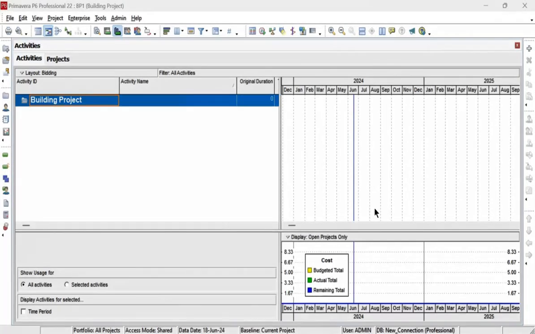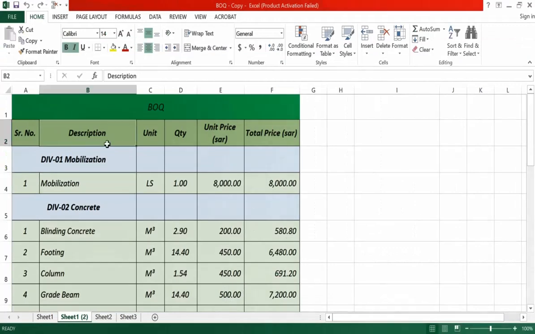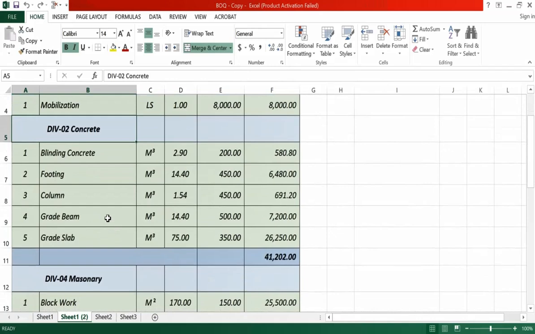In this video I am going to talk about how to create WBS. So I have BOQ here. You can see division 1 we have mobilization, division 2 concrete, and under the concrete we have blinding concrete, footings, columns, grade beam